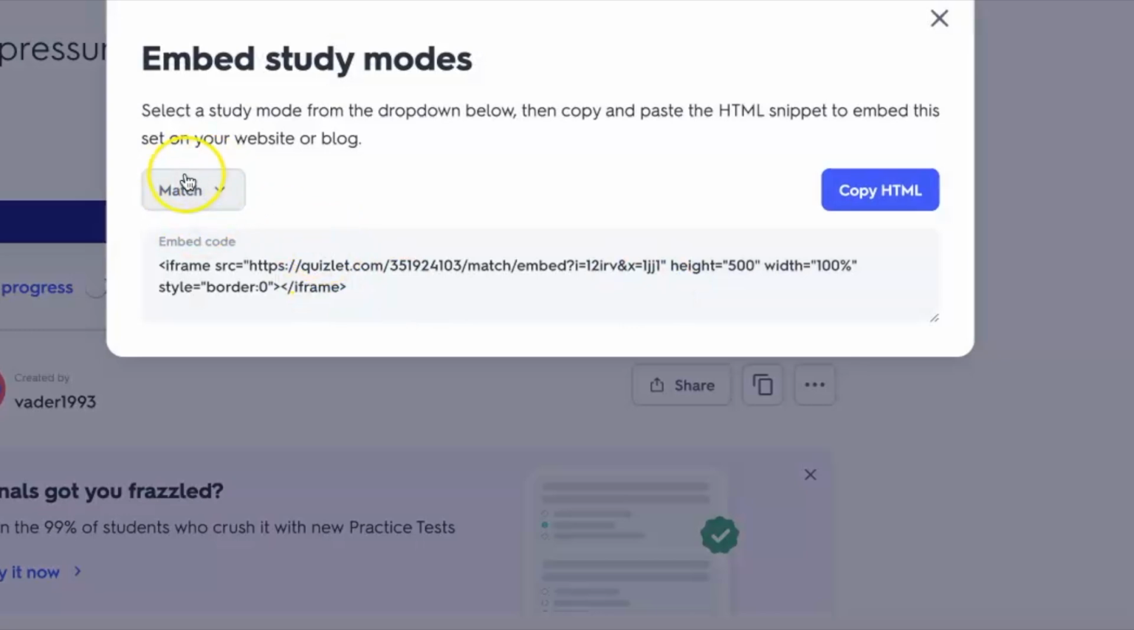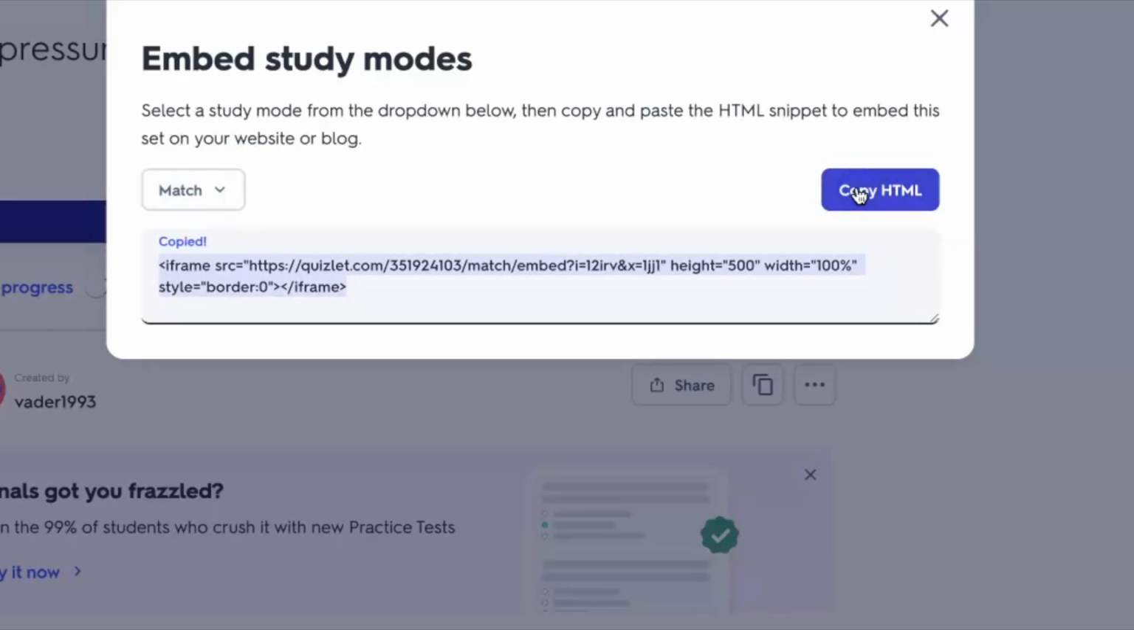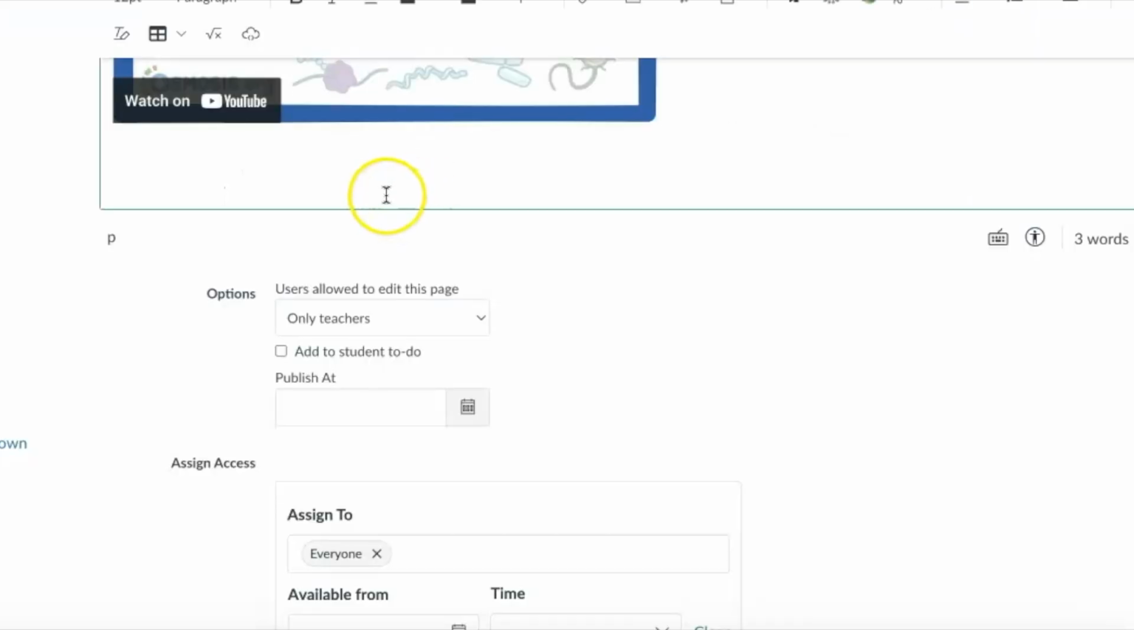It doesn't matter what this says here, okay? It doesn't matter because the students are going to get all of the study options from Quizlet once you embed it. So for this one, it says copy HTML. So we copied it. We're going back to